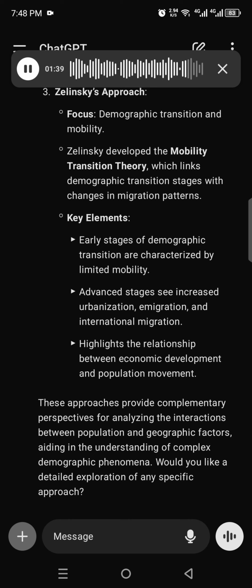These approaches provide complementary perspectives for analyzing the interactions between population and geographic factors, aiding in the understanding of complex